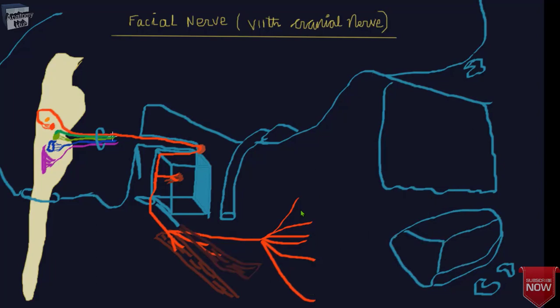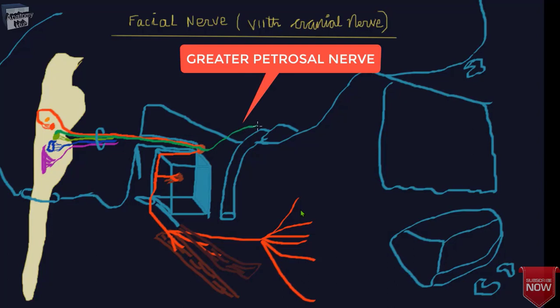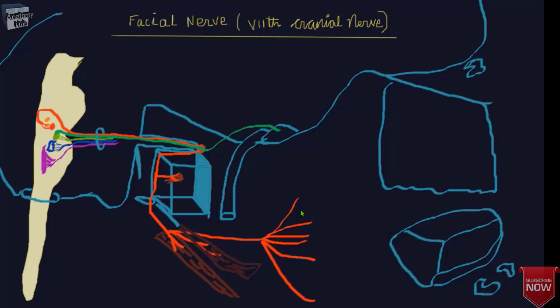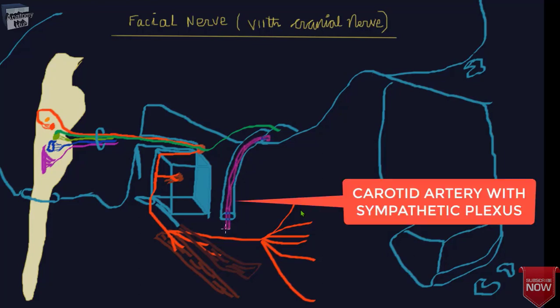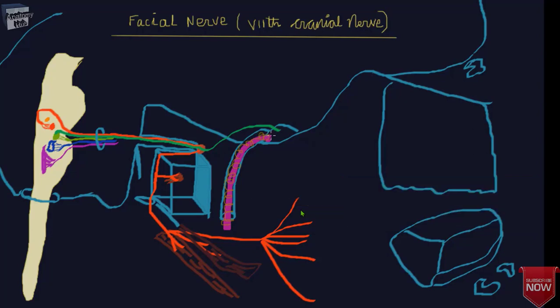Now we will bring the lacrimatory part. This lacrimatory part also comes with the motor branch, and through the genicular branch, the first branch after the geniculate ganglion that courses anteromedially in the temporal bone to open into the middle cranial fossa. It then travels over the foramen lacerum to join with the deep petrosal nerve, forming the nerve to the pterygoid canal, also known as the Vidian nerve, which passes through the pterygoid canal to enter the pterygopalatine